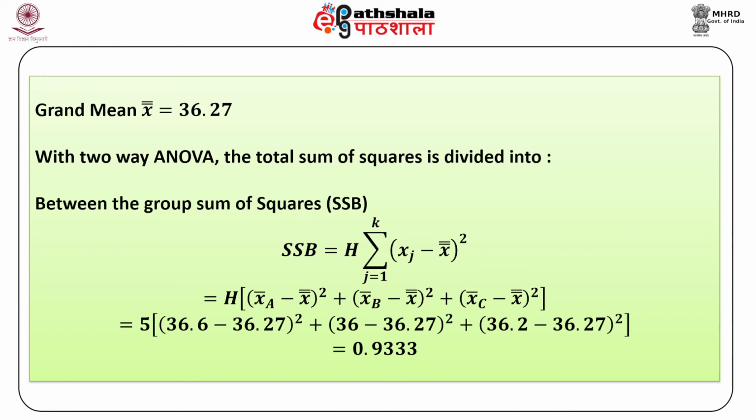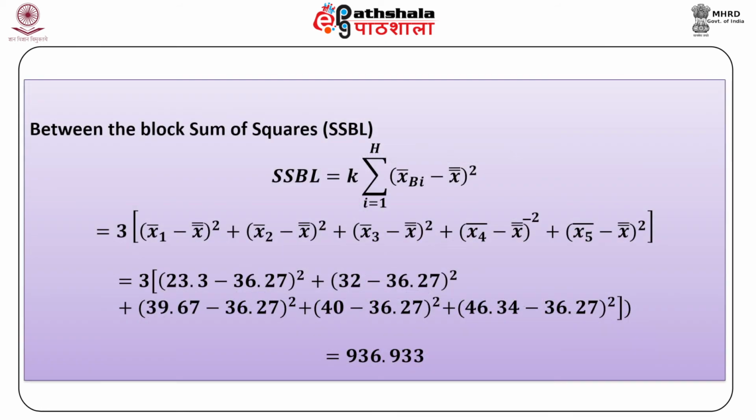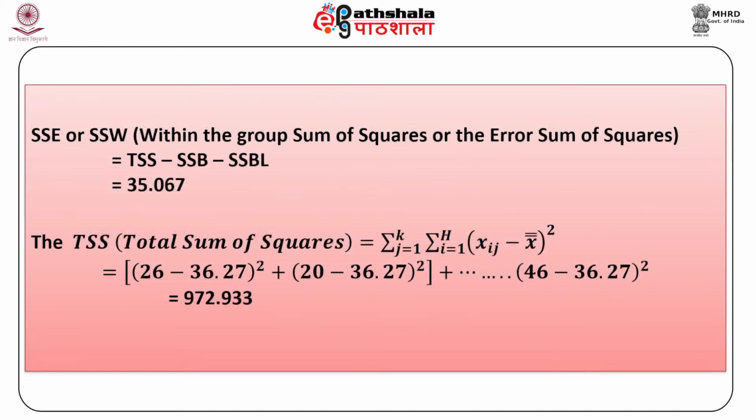Now with two-way ANOVA, the total sum of squares is divided into between the group sum of squares, and on substitution of the values in the formula which we have discussed earlier, and I don't want to repeat that formula, this comes out to be equal to 0.9333. Similarly, the between the block sum of squares, SSBL, comes out on substitution of the values to be 936.933. And the third calculation, which is within the group sum of squares or error sum of squares, calculated from TSS minus SSB minus SSBL, comes out to be equal to